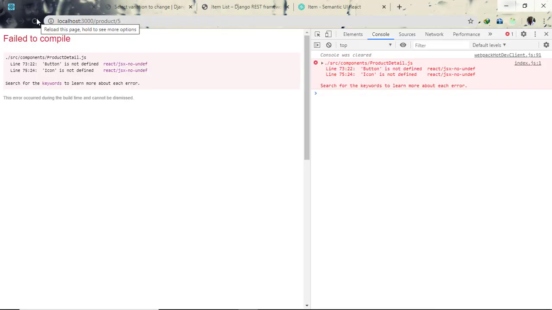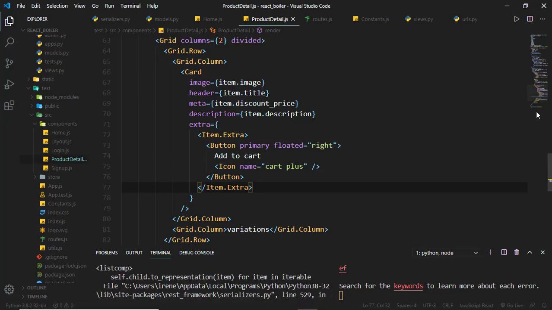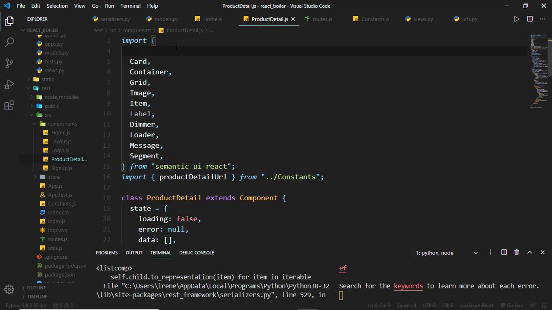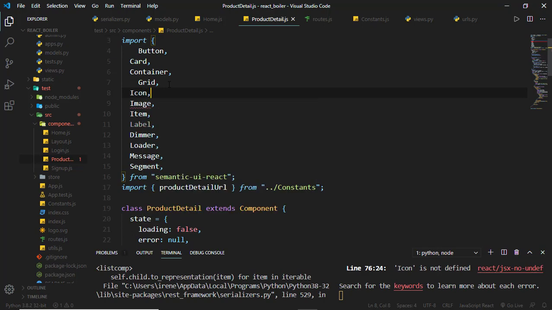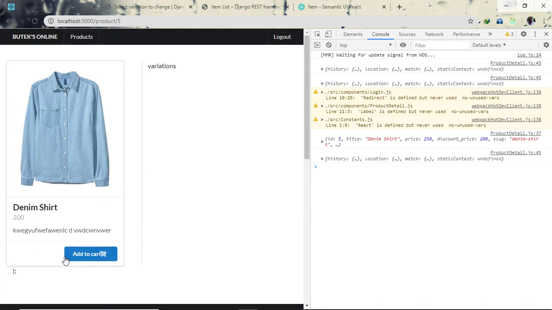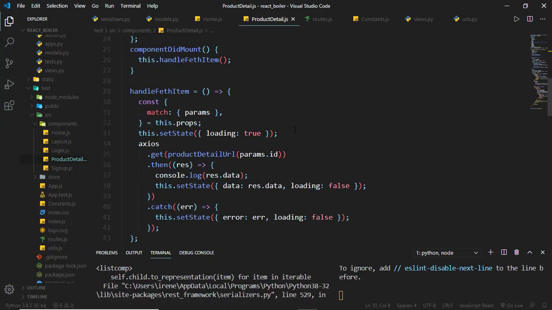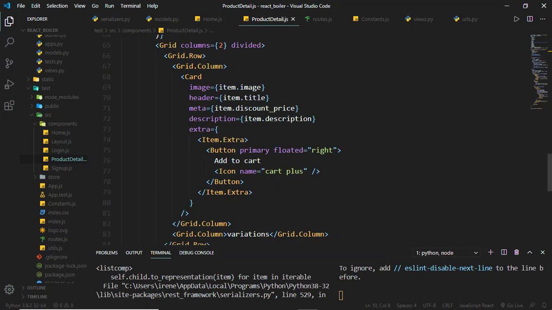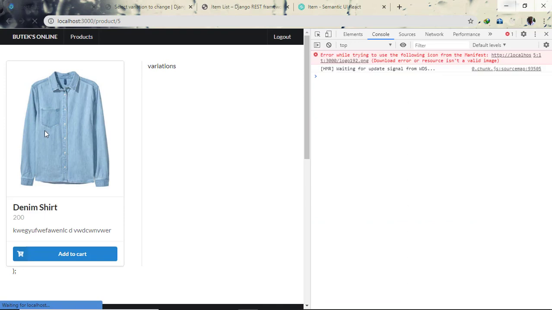And if we come back and refresh, button and icon are not imported at the top, so we need to import button and icon. So icon there, come back, refresh. Now we have our icon. We can say that this our button, we can specify fluid there, and for the icon, we can say icon and label position, set it to be right. If we come back and refresh,